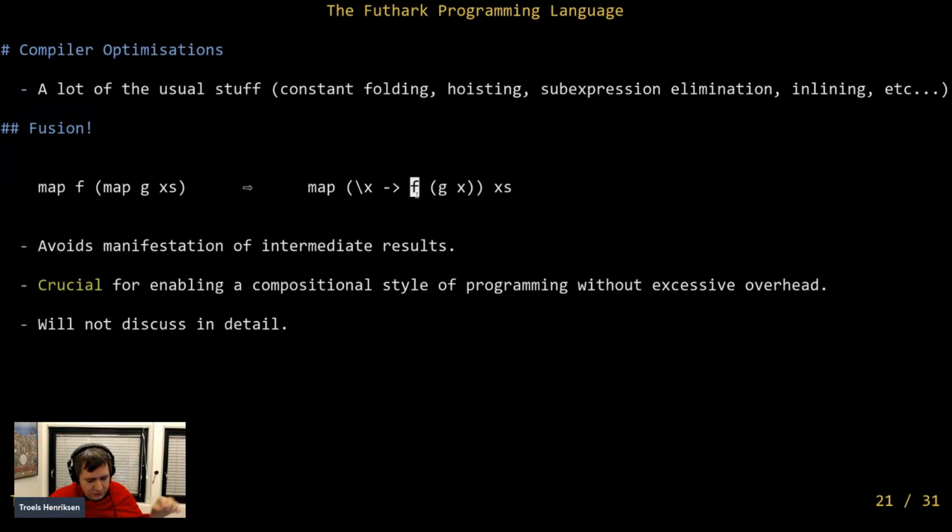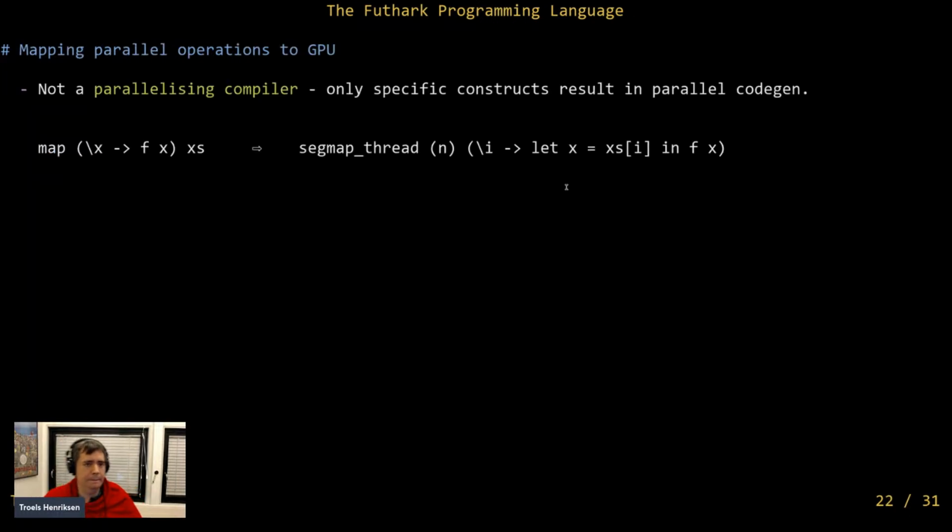And it's also crucial because it enables a different kind of programming. It means you can write small functions and then compose them without paying the overhead of having to store the intermediate results. And Futhark has a pretty fancy fusion engine that can do all kinds of fusion between different combinators that the compiler knows about, not just map. But I won't talk so much about that because that is, again, a big topic by itself. But the important thing is just remember that in Futhark, you're not penalized for keeping things small. The compiler will mesh it all up together into a big ball as best it is able. And it is pretty good at it.